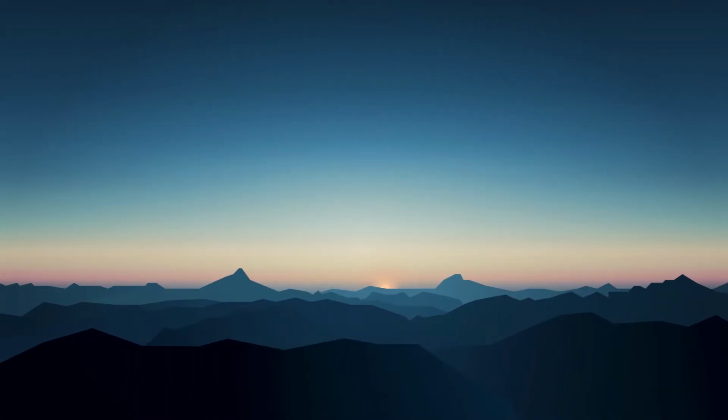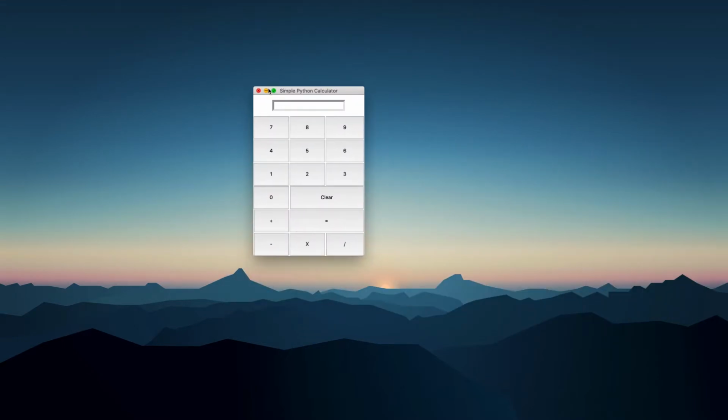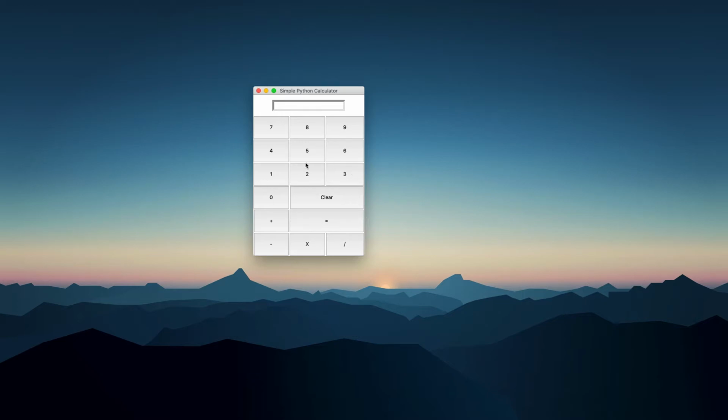It is now running. Let me just bring the calculator over here. As you can see, this is the calculator. You can do 7, 8, 9, and plus 1 is 7, 19. You can also type it in. So 4, 5, 8 divided by 2